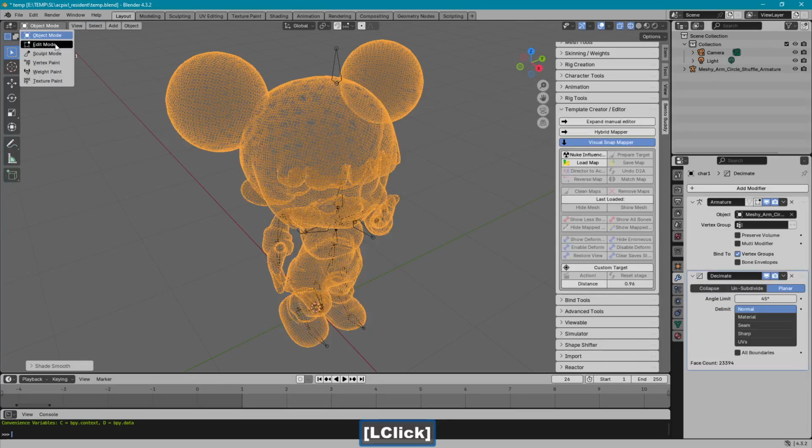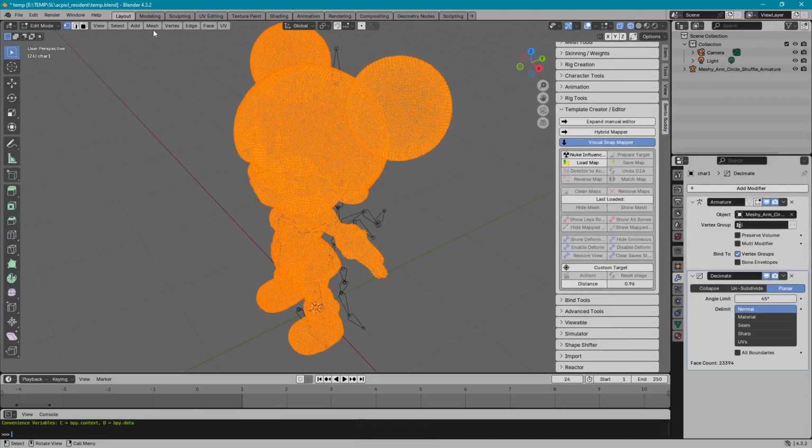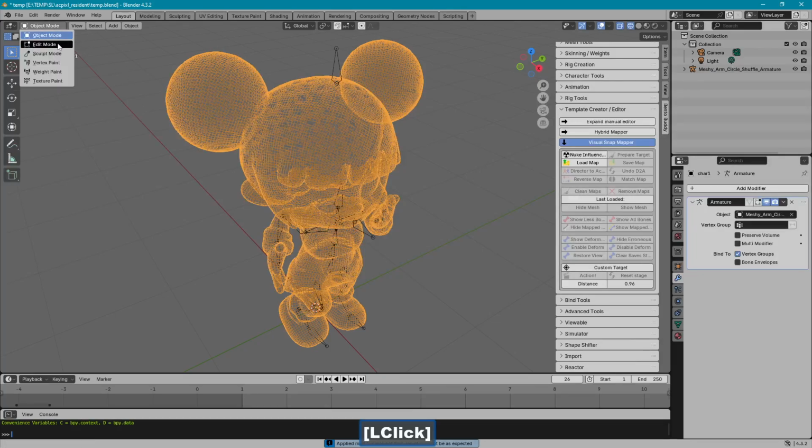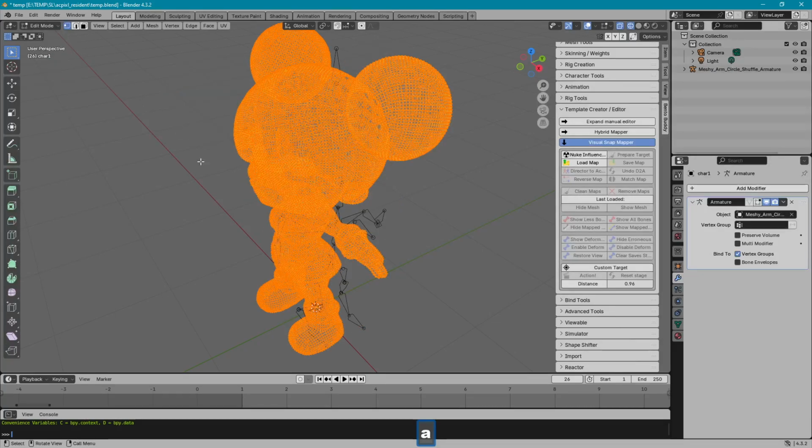Let's see, edit. I'm gonna apply this. How do you do that? Apply. Can apply in edit mode probably. Apply. And edit. Make sure everything's selected. I want to make sure I'm in. Yeah. So